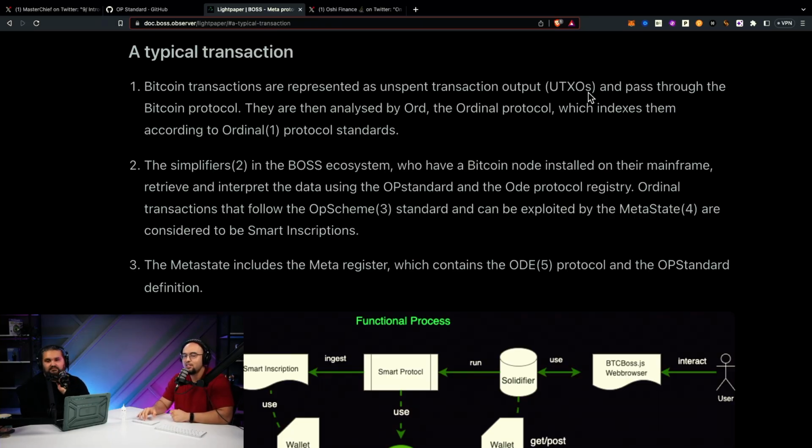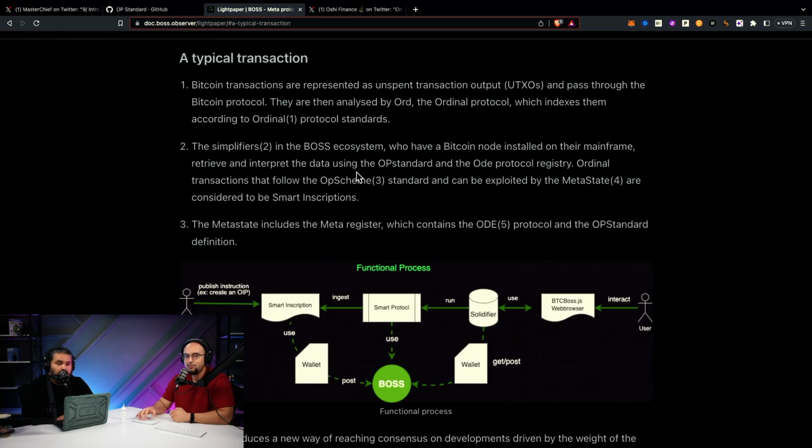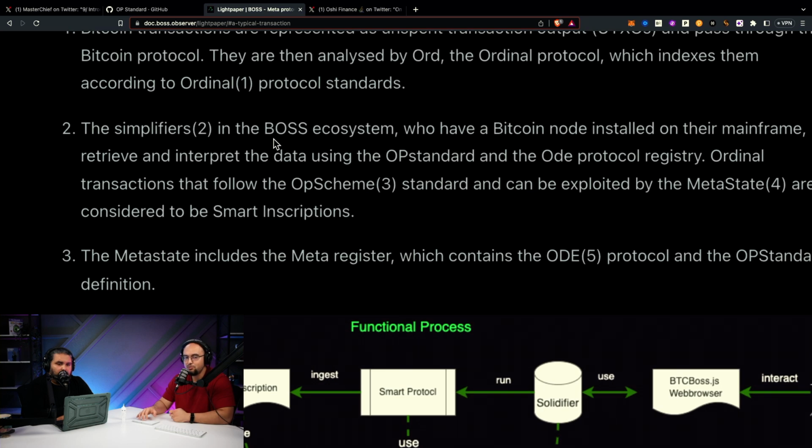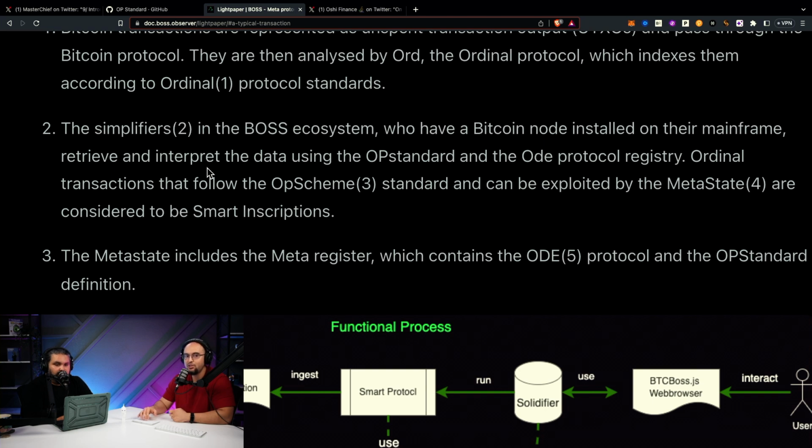So Bitcoin transactions are represented as unspent transaction outputs. If you guys don't know what a UTXO is, definitely look it up. But that is how Bitcoin works, and they pass through the Bitcoin protocol. They are then analyzed by the Ordinals protocol, which indexes them according to the Ordinal protocol standards. And then step number 2, the simplifiers, which I mentioned earlier in the Boss ecosystem, who have a Bitcoin node installed in their mainframe, retrieve and interpret the data using the OP standard and the ODE protocol registry. Ordinal transactions that follow the OP scheme standard can be exploited by the metastate and are considered to be smart